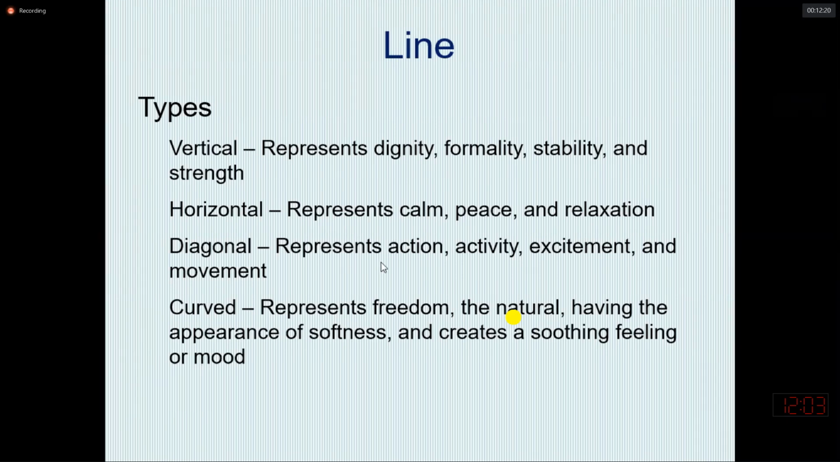while diagonal lines are associated with some activity, movement, excitement. That is the building concept or the function of the building or objective of making that building is associated with some sort of activity like a gymnasium, or it could be a kindergarten. So diagonal lines mostly used for the buildings where we want to show some action and activity, while curvilinear lines